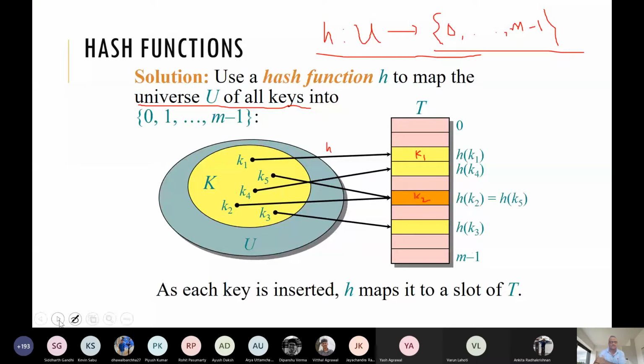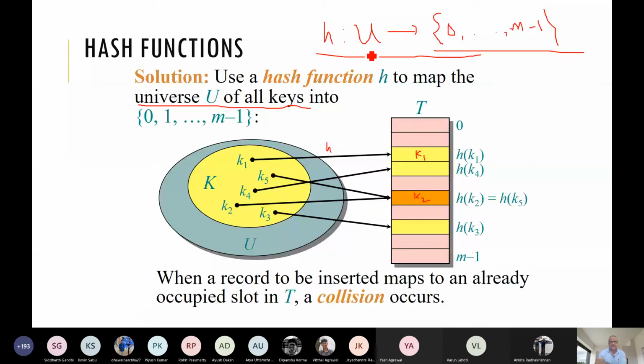And collision is quite natural, as we have said, because this function h is basically a function from a bigger set to a smaller set. And this cannot be a one-to-one function, because the cardinality of this set is very huge. This is u, and this is just the table size, m. If it is 64-bit, then it is 2 to the power 64, and if we are mapping a 64-bit key into 8-bit, then m is 2 to the power 8. So we have 0 to 2 to the power 8 minus 1. So that size is very less.